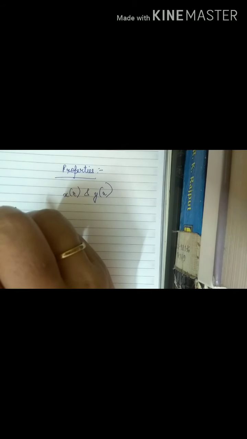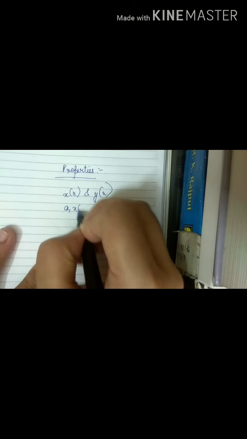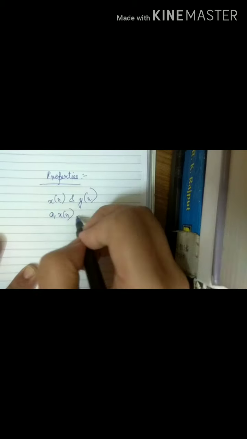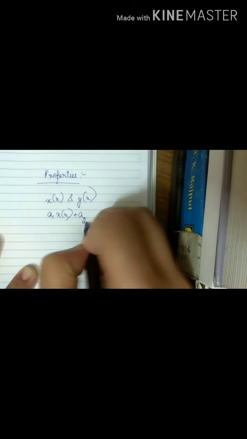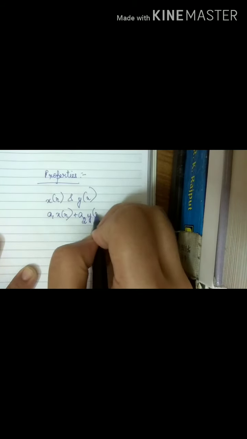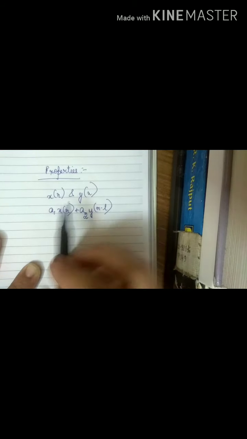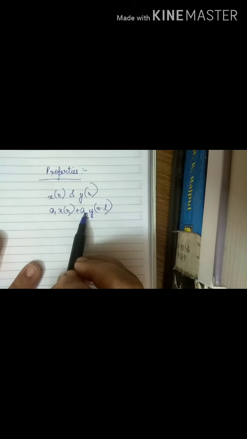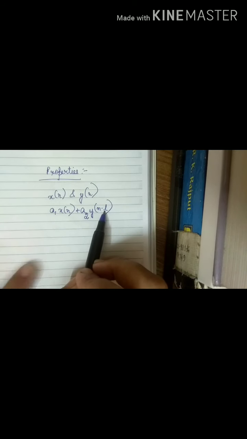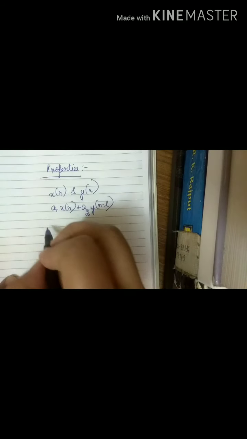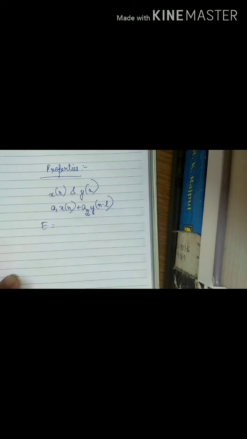Let us consider two energy sequences x(n) and y(n), such that their linear combination is a1 x(n) plus a2 y(n minus L). Here a1 and a2 are constants and L is the time shift. Then the energy of the signal E will be